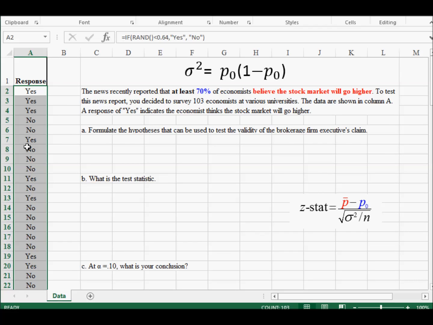So the data are shown in column A. A response yes indicates the economist thinks the stock market will go higher. So again, our variable is economist. An economist believes the stock market will go higher. And we want to know if at least 70% of economists believe that the stock market will go higher. So the first thing to do is to write our null hypothesis here